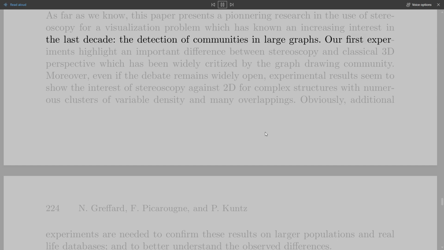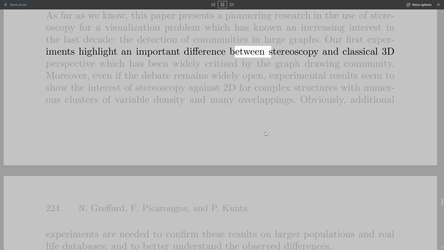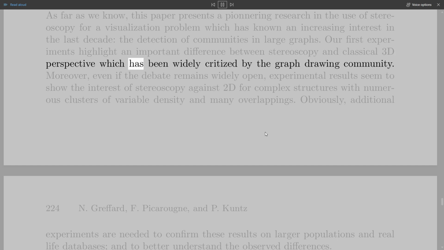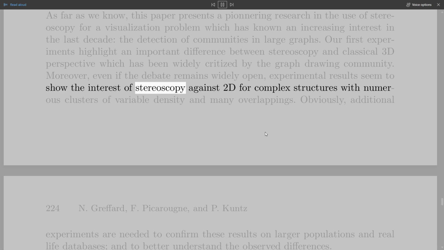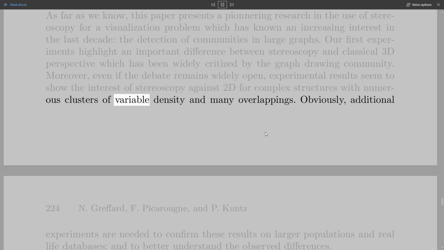Our first experiments highlight an important difference between stereoscopy and classical 3D perspective, which has been widely criticized by the graph drawing community. Moreover, even if the debate remains widely open, experimental results seem to show the interest of stereoscopy against 2D for complex structures with numerous clusters of variable density and many overlappings. Obviously, additional